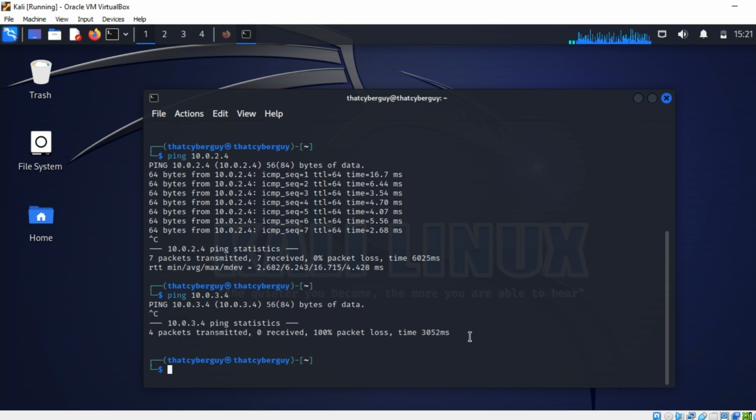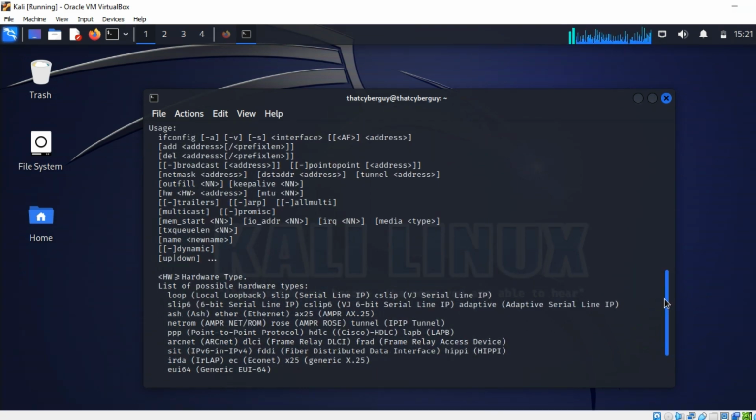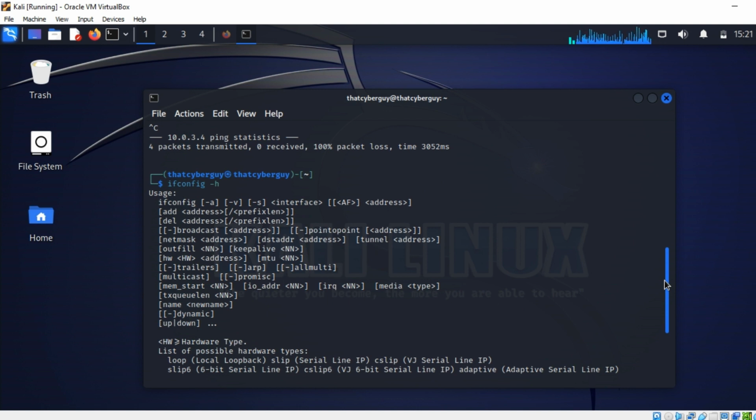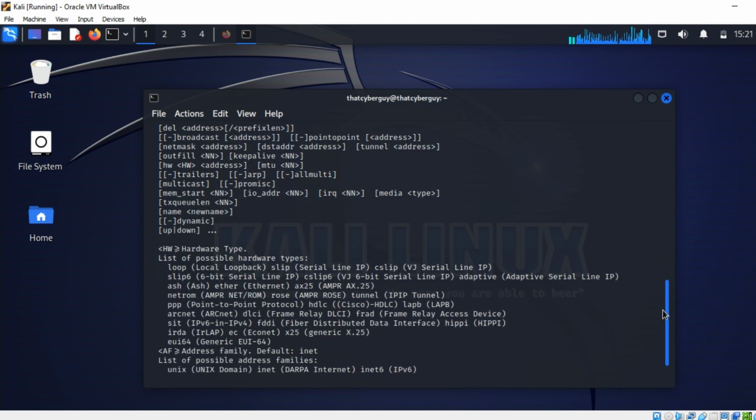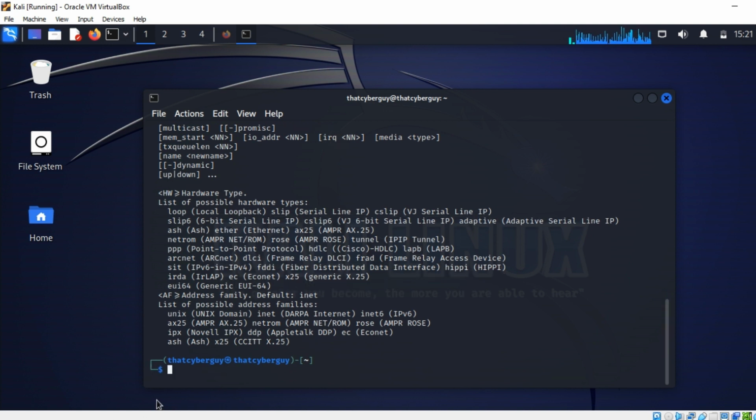Now the other thing that you can do when it comes to Kali Linux, if you want to learn more about the ifconfig, you can just type ifconfig -h, which means help. That's going to show you all the commands that you can use with your Kali machine. And then the other thing that you can do as well, in addition to ping, you can actually use the